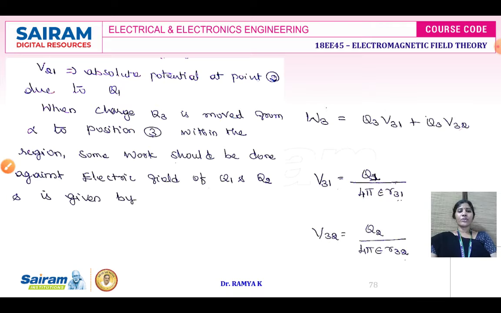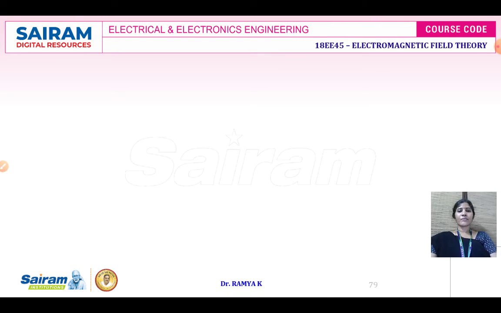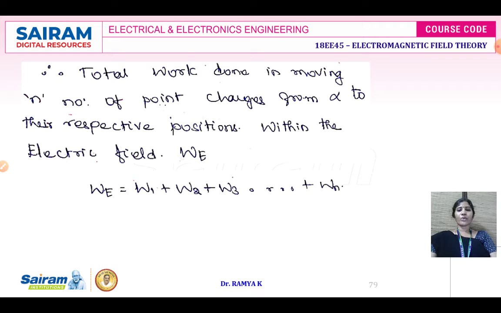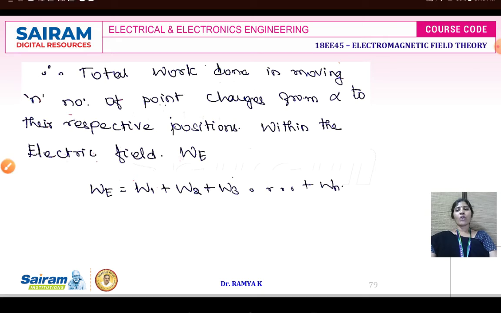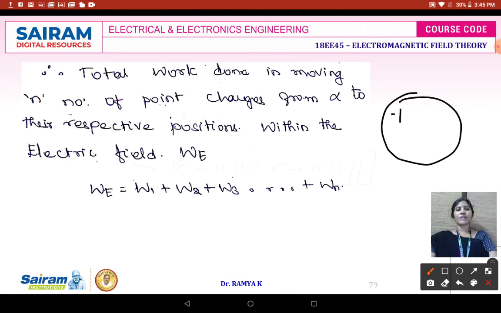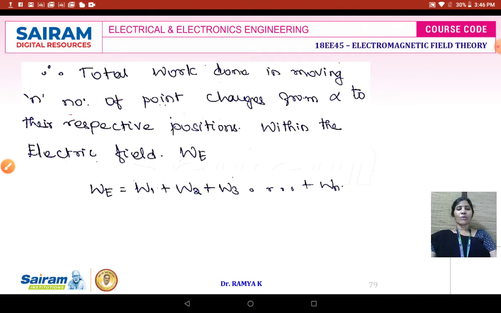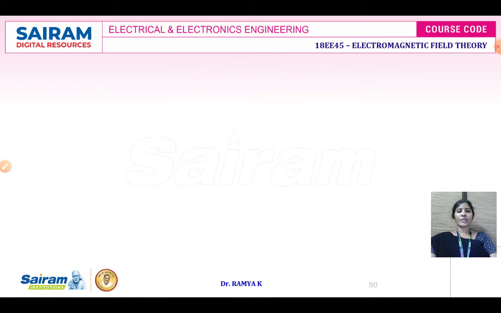Likewise, we get the total work done as W1 plus W2 plus W3, and it goes on till Wn. This is the work done in moving point charges from infinity to their respective positions inside the universe. Now all the charges inside the universe have been filled. We have Q1, Q2, Q3. Now we want to remove all the charges from the universe to infinity, one by one. First we will be removing the charge